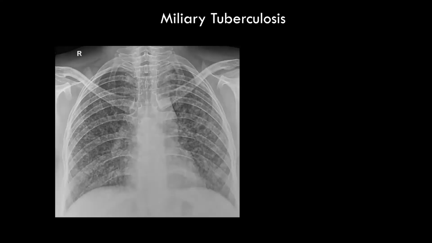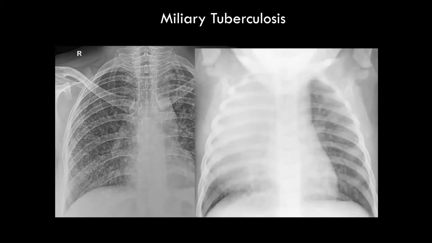Now, a miliary pattern classically has micronodular infiltrates through all lobes of the lung, and in fact, usually is all over the body. And in children, here's another example with the miliary pattern seen on the left and on the bottom right, and then has just this really dense infiltrate. This child had been referred to us for TB exposure, but had missed a couple of appointments and showed up in the emergency room with this chest X-ray and also had meningitis as well. She was successfully treated and did fine.